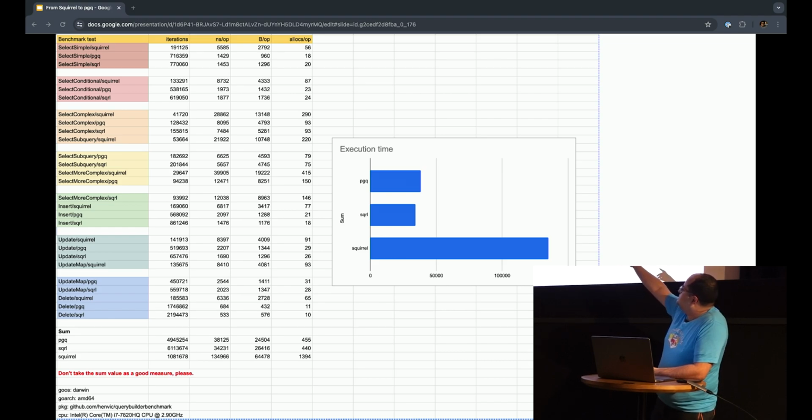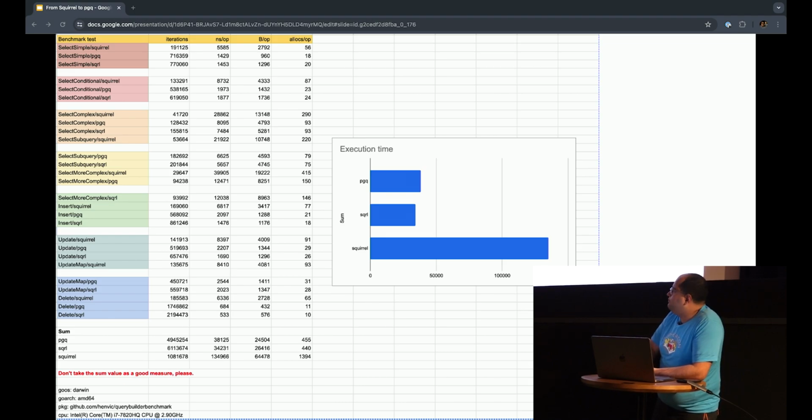The difference here is that sqrl, it appears that they decided that you don't need to run queries in multiple goroutines.